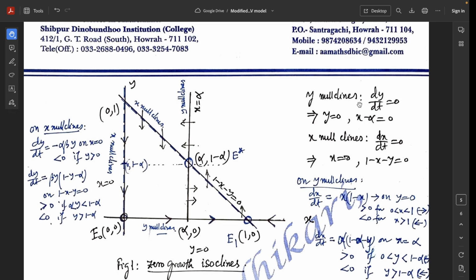Here, y-null clines means dy dt equal to 0. Actually, dy dt means the vertical component of the velocity is 0. So dy dt is the vertical component of the velocity, which is 0. So this gives y equal to 0 and x minus alpha equal to 0, because dy dt